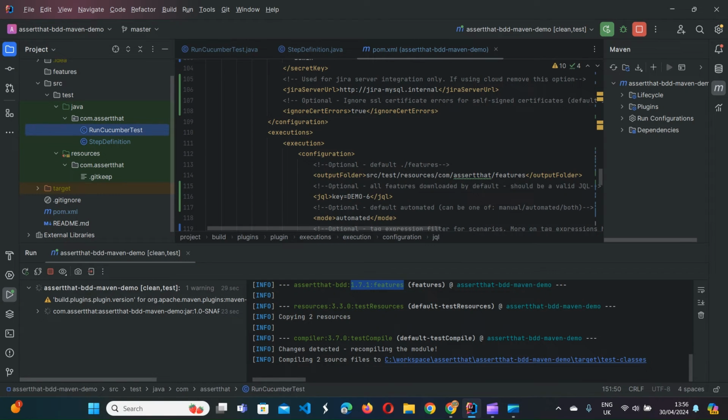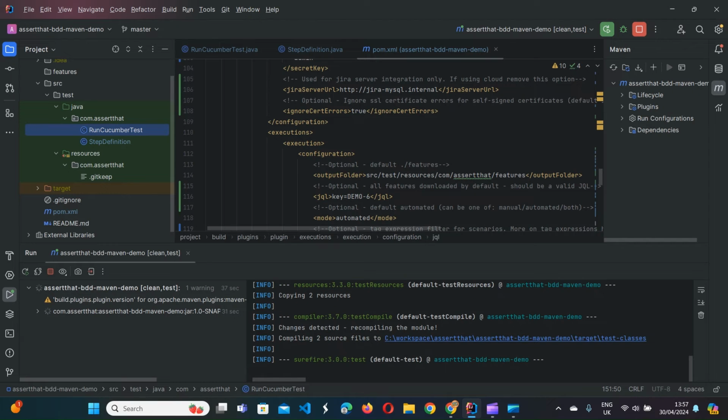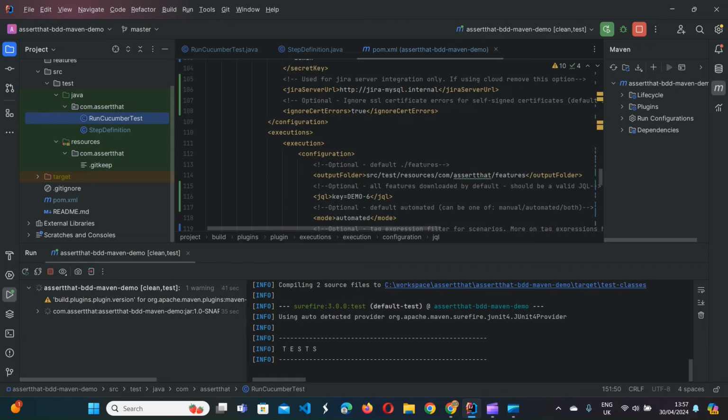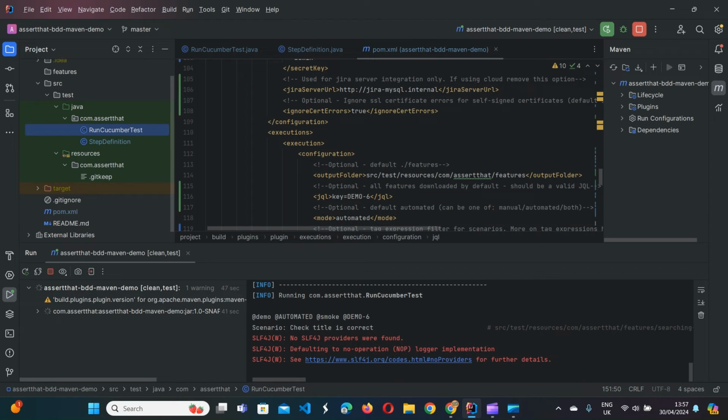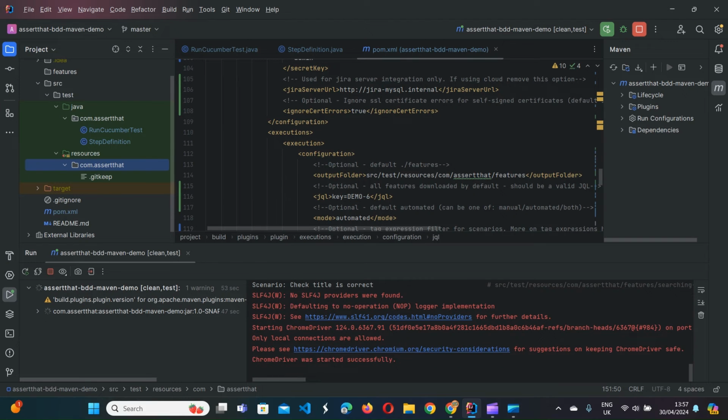It takes some time for IDEA to pick up the changes. And the test is executed. Eventually the feature should appear here, but it's just the refresh time of IntelliJ itself.